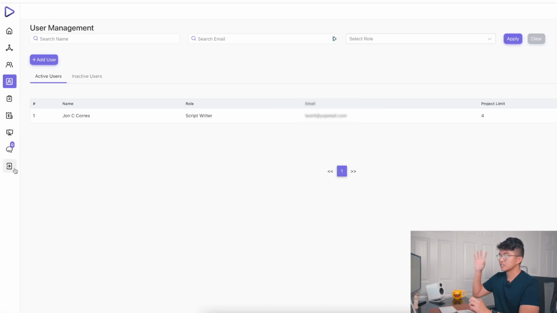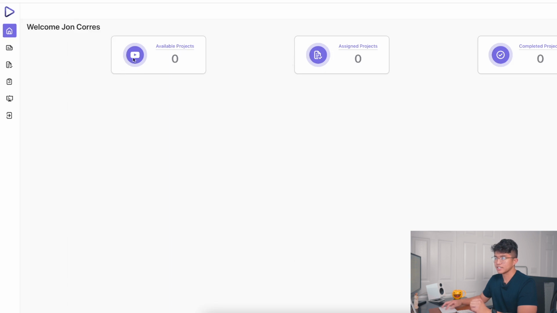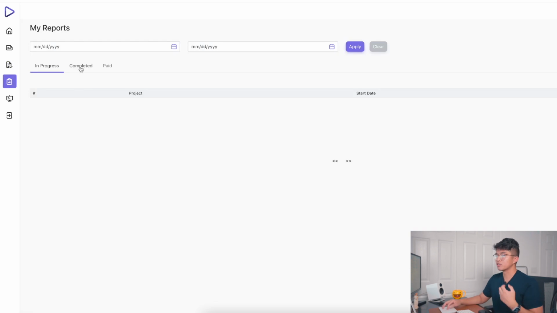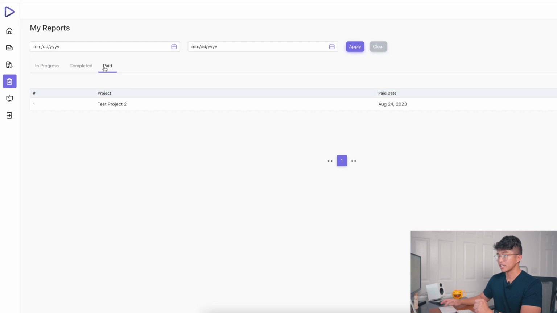Now from the contractor's perspective, this is what their dashboard looks like, in a sense that there's available projects, assigned projects, and completed projects. And so this is where the available projects are going to be. This is where the assigned projects that they took is going to be. This is their report, so they can actually see all of their in-progress projects, their completed projects, and which projects